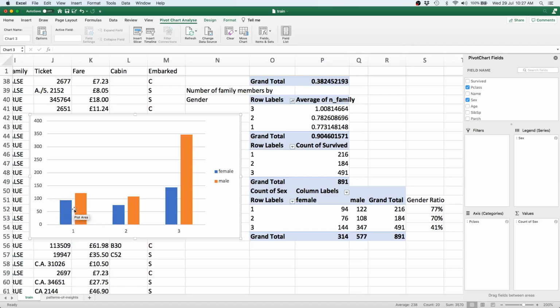We see that this also reflects what we know about the gender ratio. It's high in the first two classes and it's very low in the last class, and there are far too many men in the third class. So it's not entirely surprising that this particular class received many fatalities.